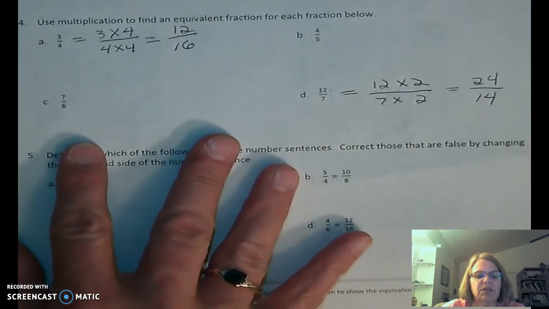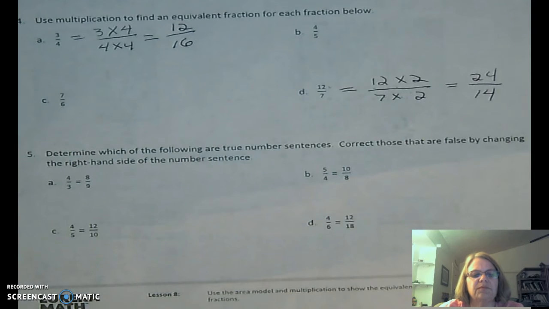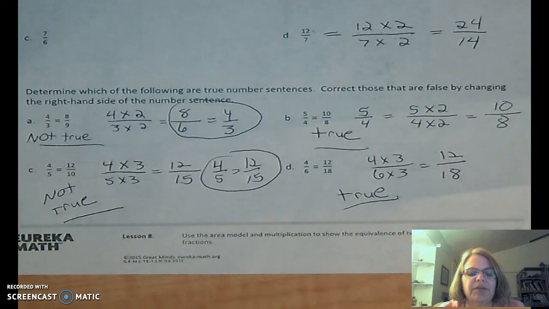Okay, let's look at 5. Determine which of the following are true number sentences. Correct those that are false by changing the right-hand side of the number sentence. I want you to go ahead and do those on your own and come back after you pause it, and I'll give you the answer. Okay, I only have 3 seconds, so